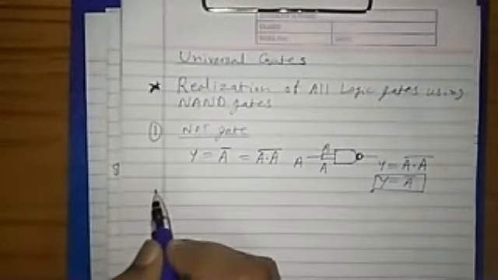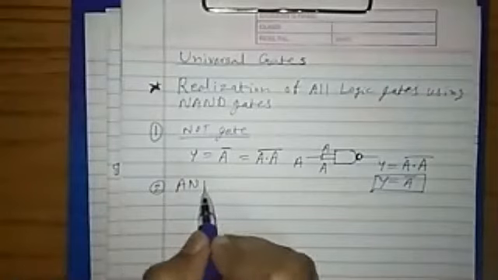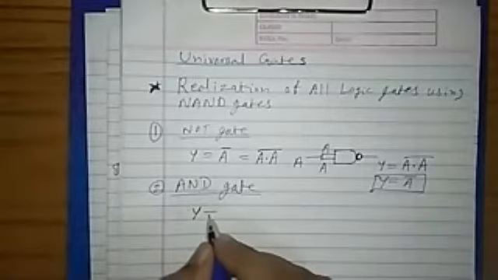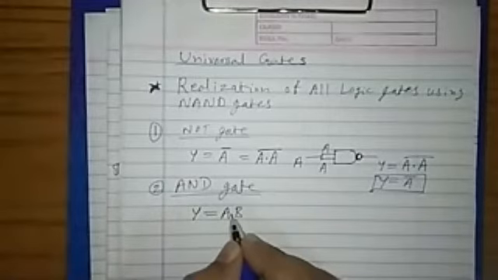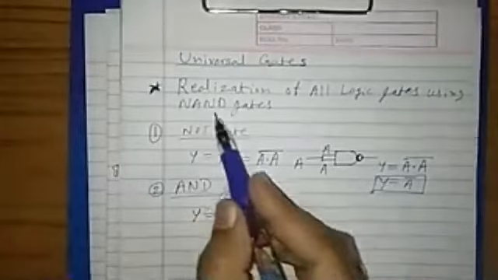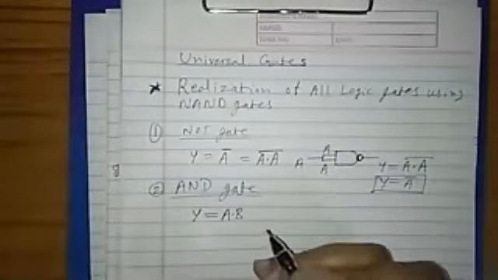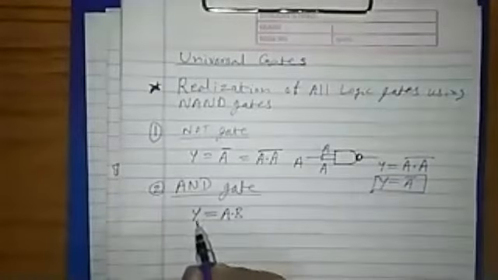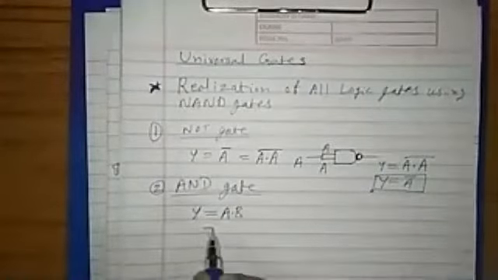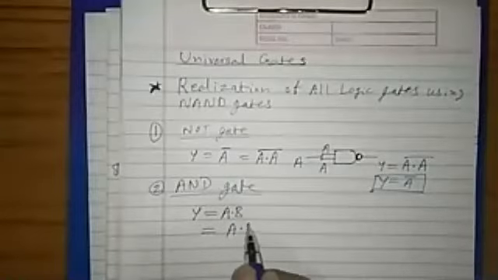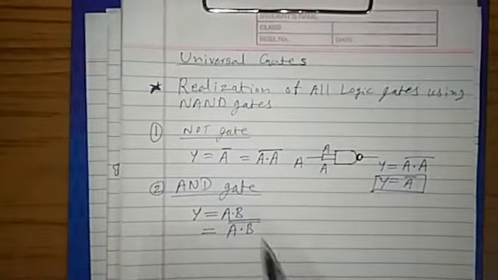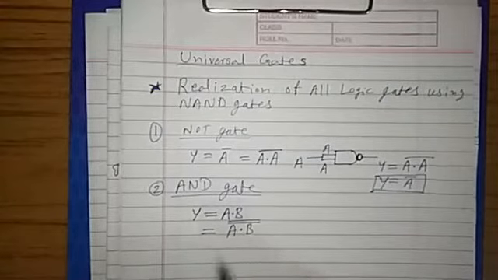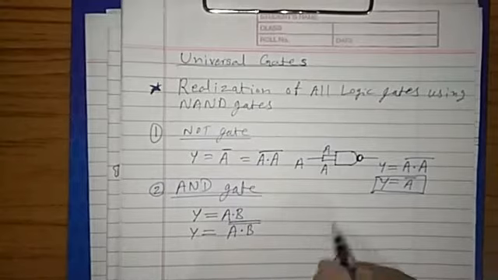Now second one, AND gate. How is AND gate implemented? First let us know the logic expression for AND gate. Y equal to AB. We are implementing with NAND. We need an implementation using NAND gate, means we can use only NAND gates, but the expression output Y should be equal to AB. Therefore 2 times complement if I use, it will not change the expression. Therefore 2 times complement I will take, and this is (A dot B) bar is a NAND, and in front of that one inversion. This expression is enough for me to implement.